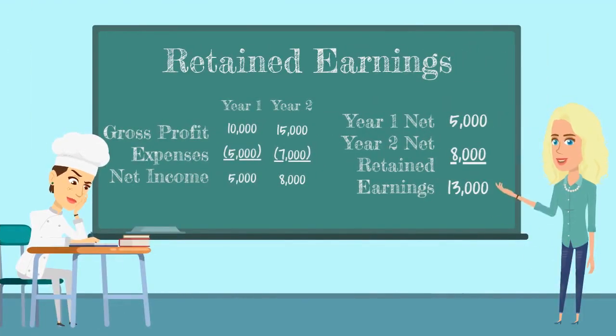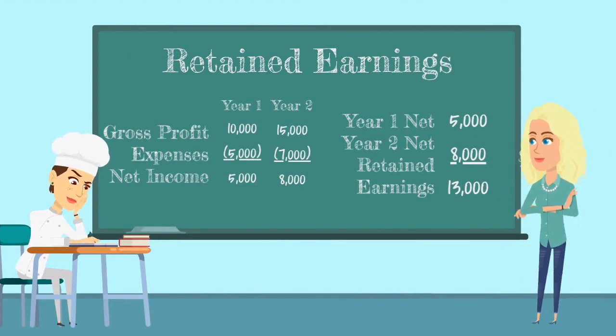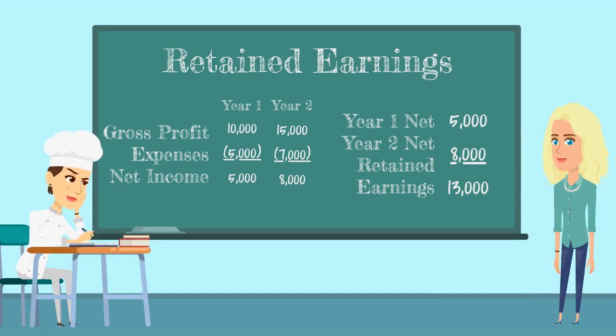Let's start with retained earnings. So retained earnings is the accumulated net income of the company that is retained. Did that sound like a foreign language? Okay, let me break it down with this example. So the first year, the company had a net income of $5,000, and the second year, it had a net